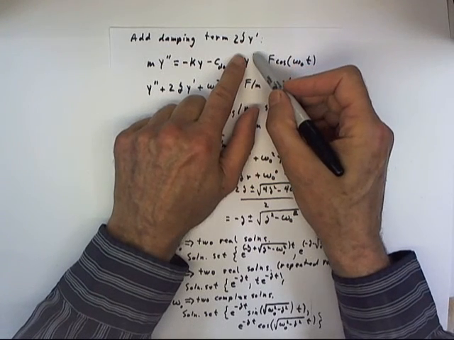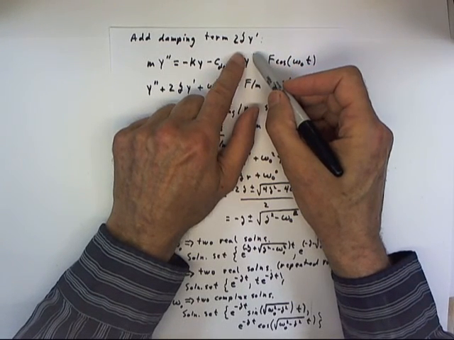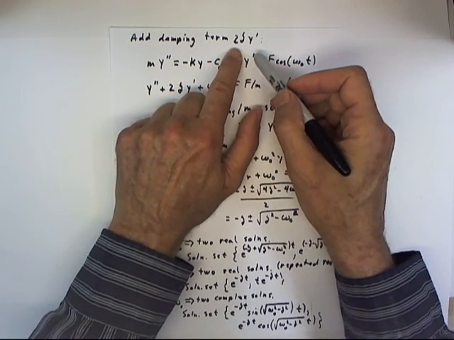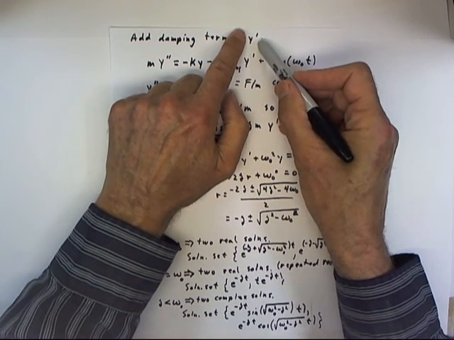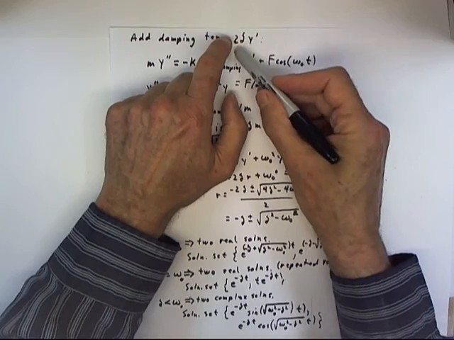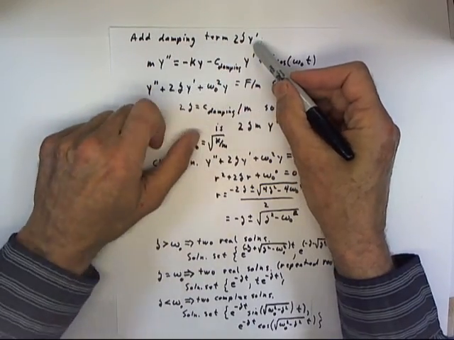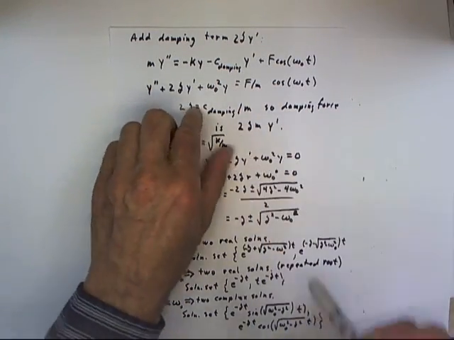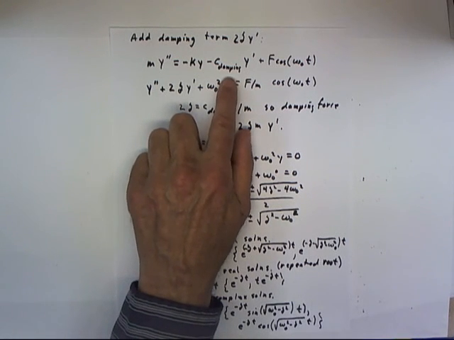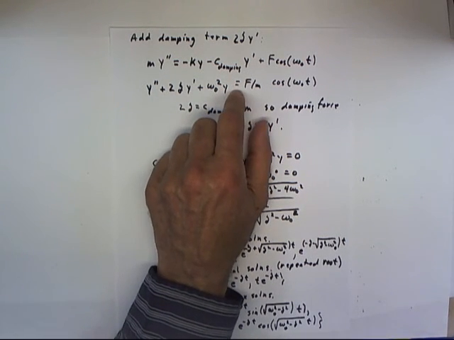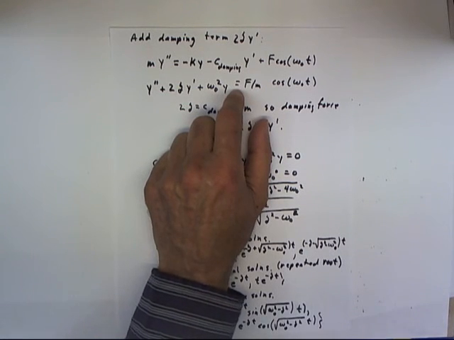So the damping term that we're going to add, I'm going to call it 2 delta y prime. Remember that y prime is the velocity, and this is then just a multiple of the velocity. Now, in general, we can write the net force on a system which is damped by some force that's opposed to the motion of the object, so that the force acts in the direction opposite